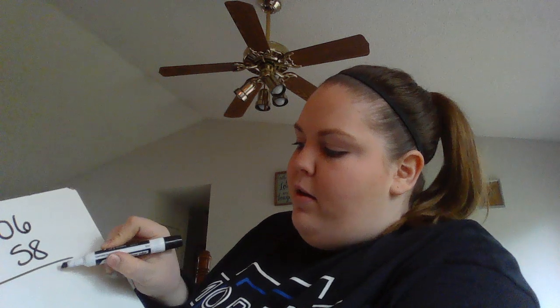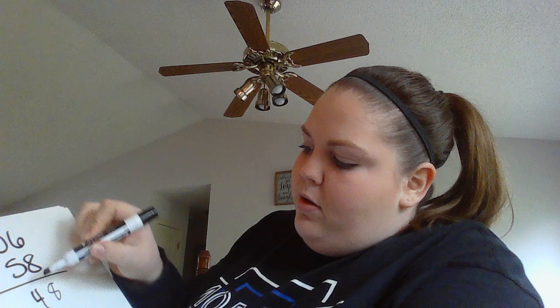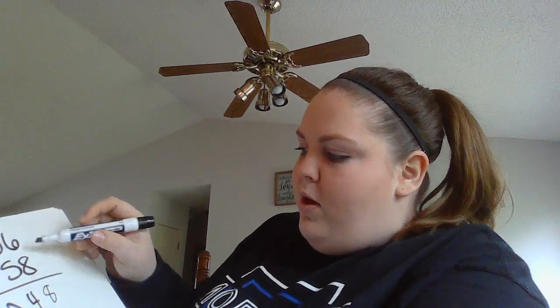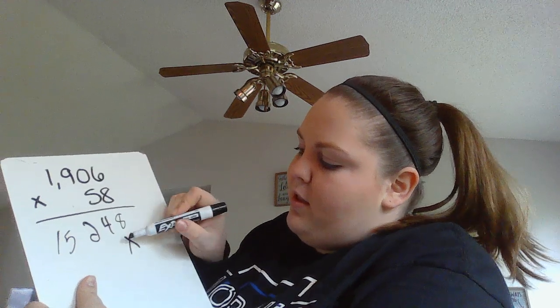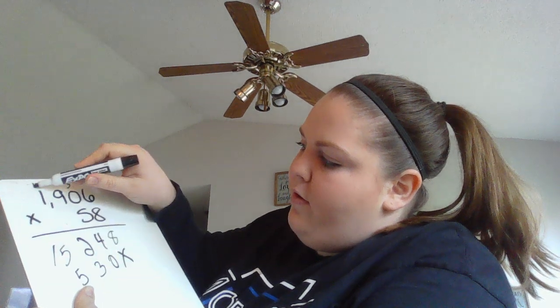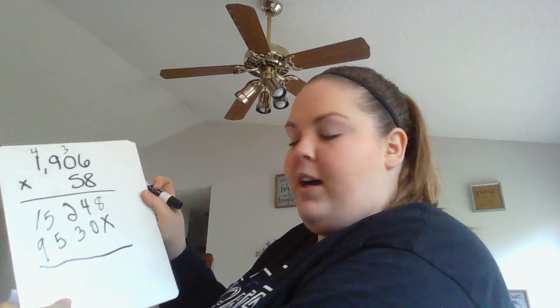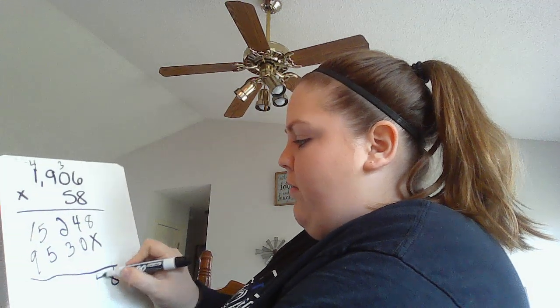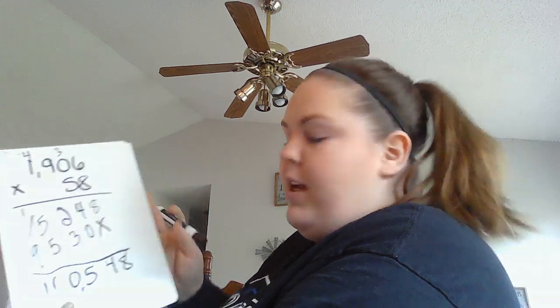So 6 times 8, 48. I have nothing. There's the 4, 72. 8 and 7 is 15. Then I'm going to get rid of what I carried. Make sure I shift over with an X. Sorry, you cannot see. 5 times 6 is 30. I have the 3, 45. And 5 and 1 is 9. Now I just have to add 8, 4, 5, 10, and 11. I get